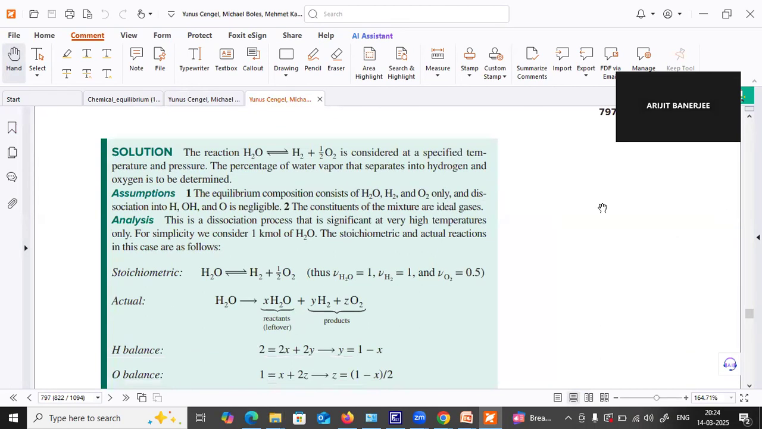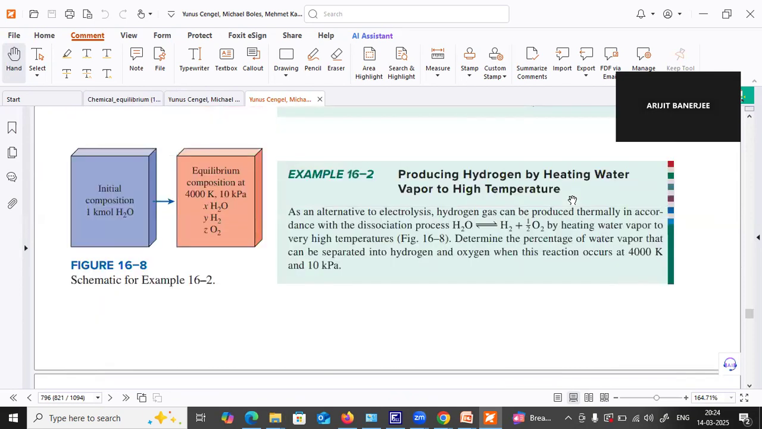So this one. Can you see this problem? Can you read this? As an alternative to electrode. Anyone telling something? Okay, you can mute, because okay. So